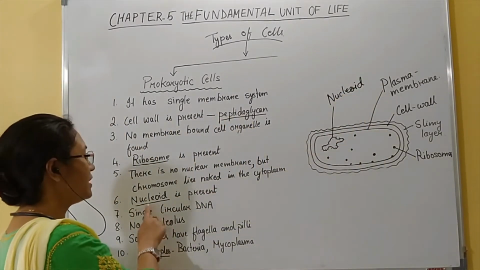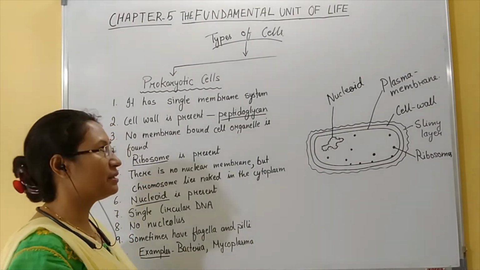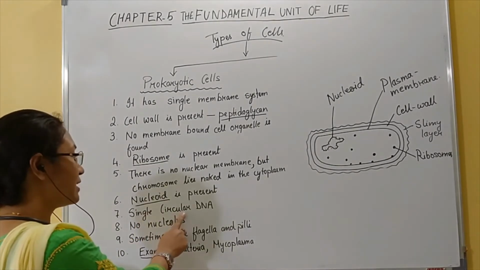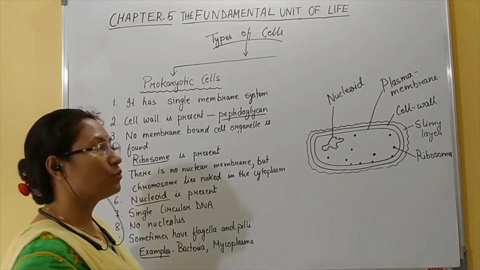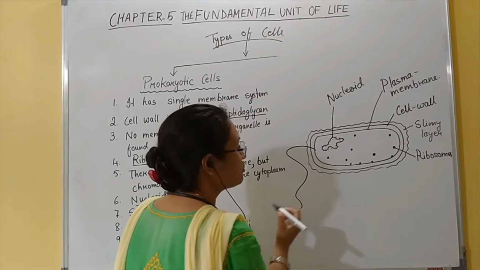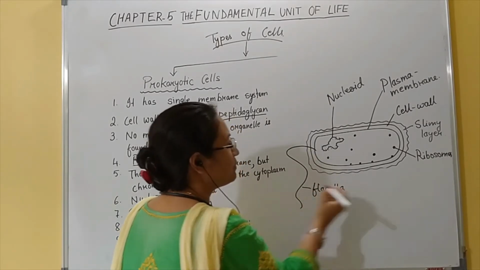And this is very important to remember that prokaryotic cells do not have a nucleus, they have a nucleoid instead. Single circular DNA, no nucleolus is present, and sometimes for movement of this cell it will have a flagella, a long whip-like structure called the flagella, which may be present so that it will help in the movement of the